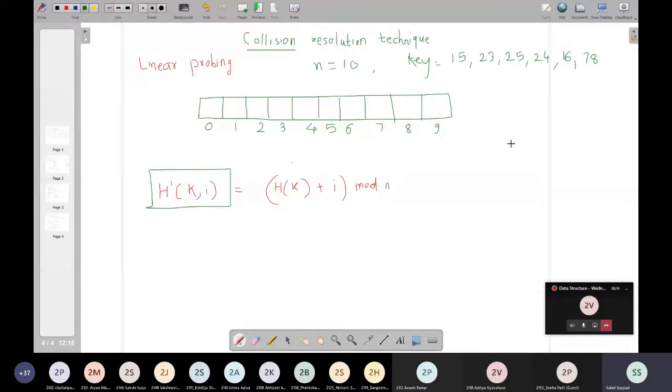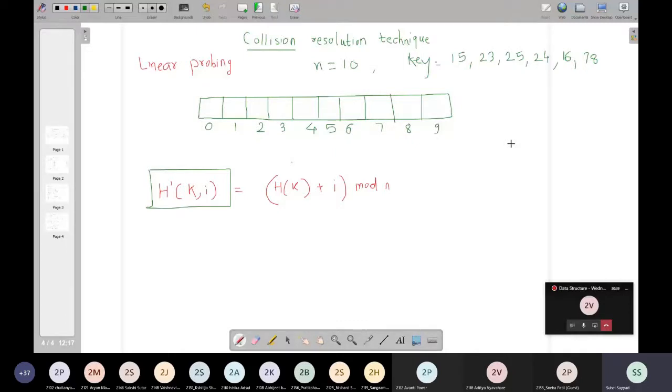Is it clear? If I give you more than 6 key values, say 11, 12, 13, then only the first 10 key values will be processed and wherever collisions are there, they will be resolved. The 11th, 12th, 13th key values will not be able to find space by using this particular collision resolution technique which I am discussing right now. Are you getting this? Now let us solve these key values one by one.